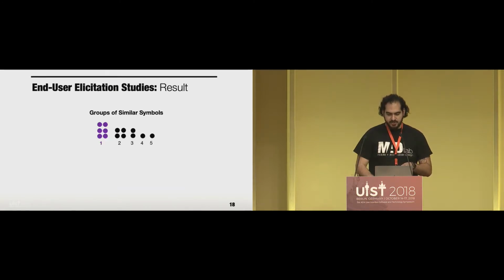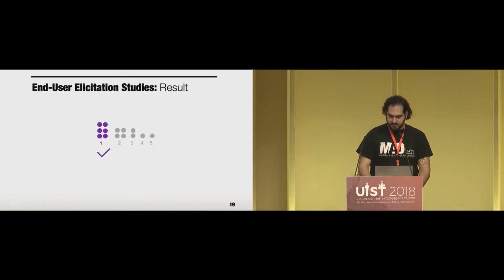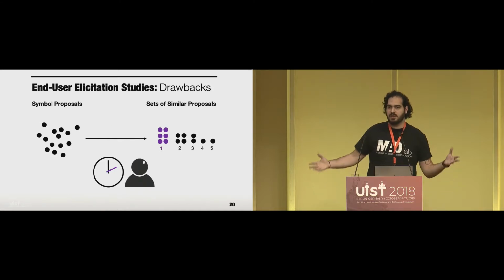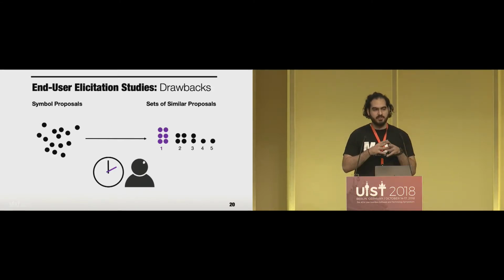After collecting a number of symbols for a referent, the researchers usually group those symbols based on their similarity, and then choose the symbol with the highest consensus to incorporate in the design of their system to trigger that referent. Because essentially you need to compare all of the symbols to each other in order to group them as groups, this takes a lot of time and effort, and this is the issue that we're trying to solve